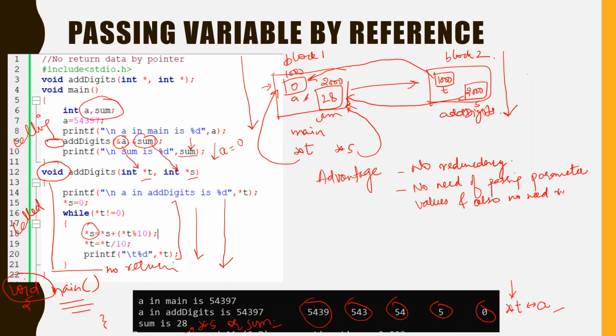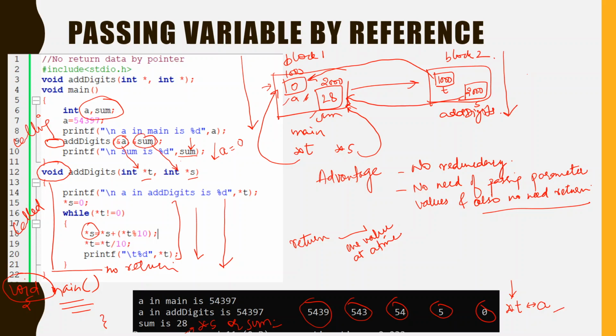You can see we don't require anything to return. There is one thing to note about why this is an advantage. You need to understand that a return statement can only return one value at a time. So any call can result in returning only one value. But here, since we had references to all the variables available in the calling function, we could make changes in two values, a and sum.